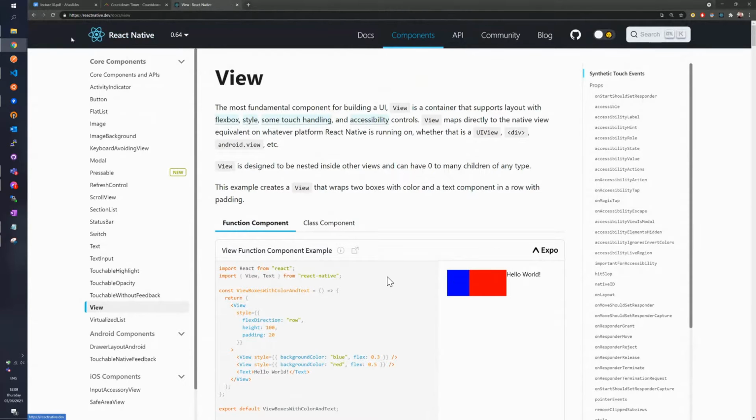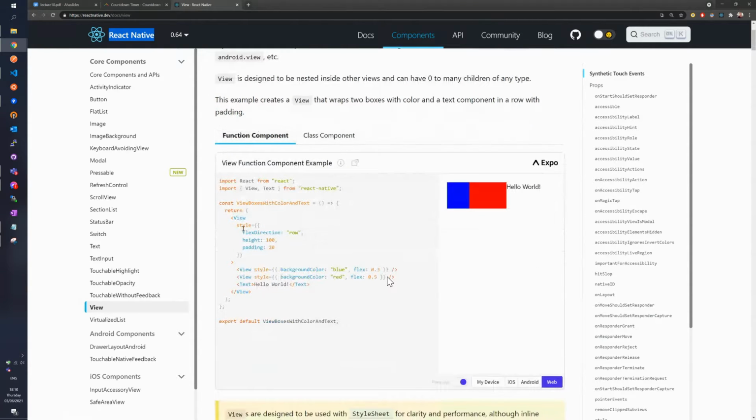So React Native, which is pretty much React for phone applications, you don't use HTML there. You use something that's also an XML kind of thing, right? So you can see the example here. A view in the phone world is like a div in HTML.